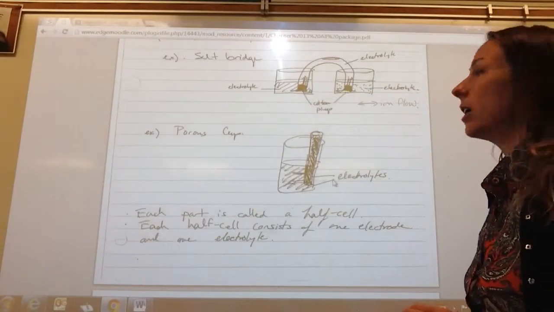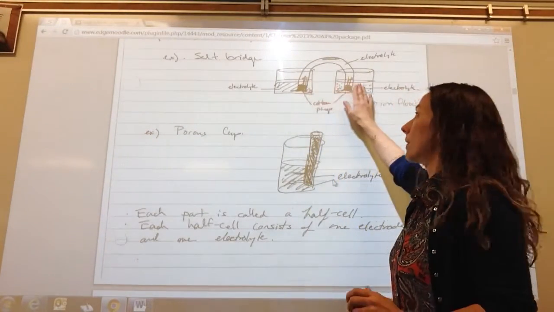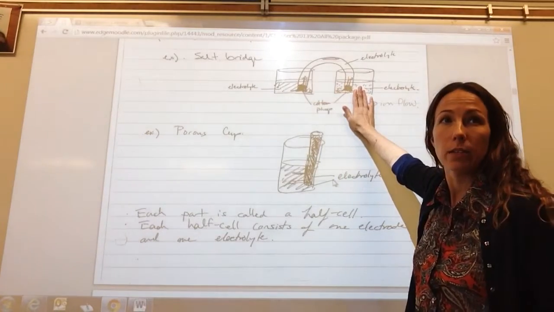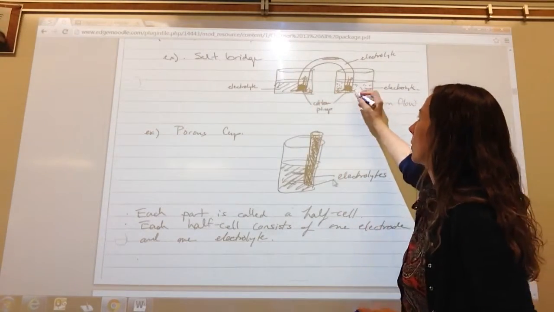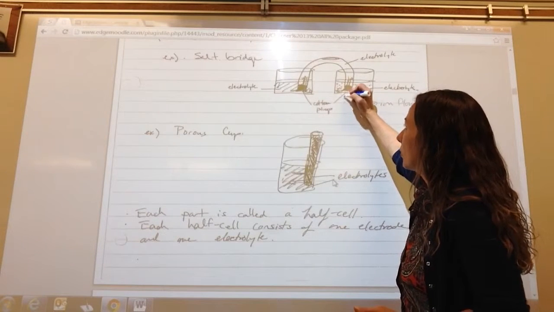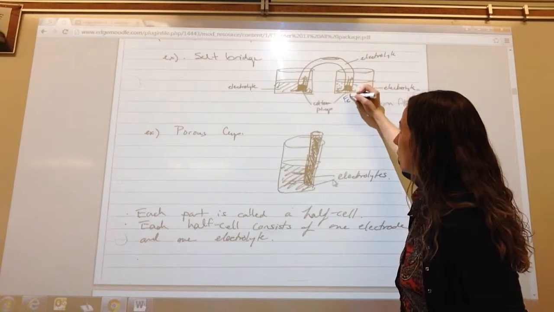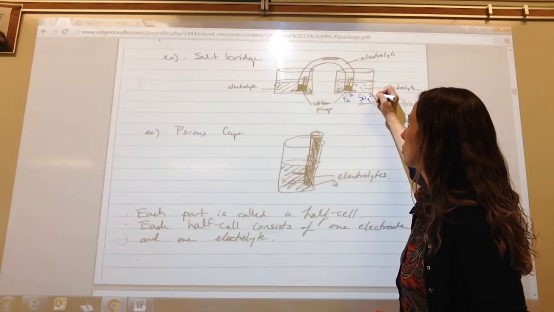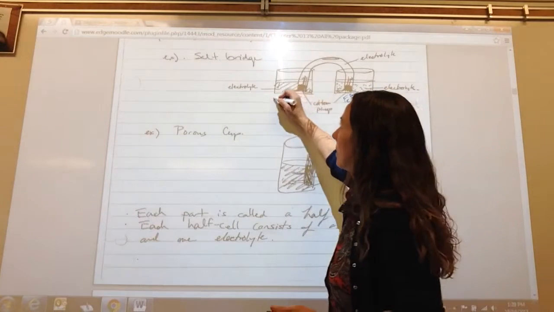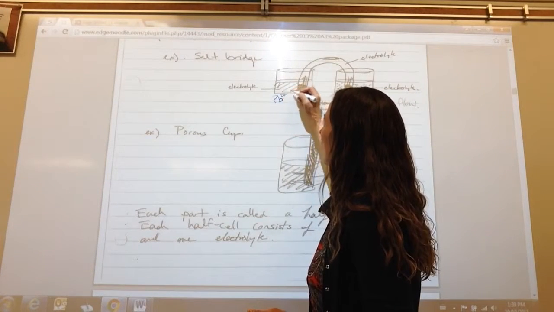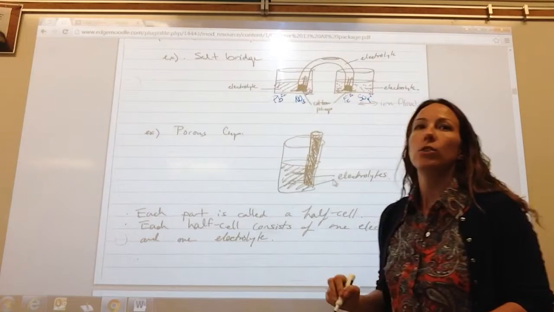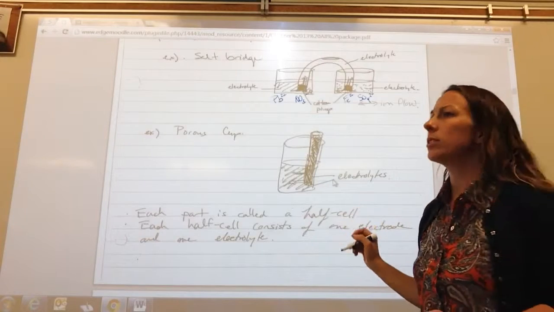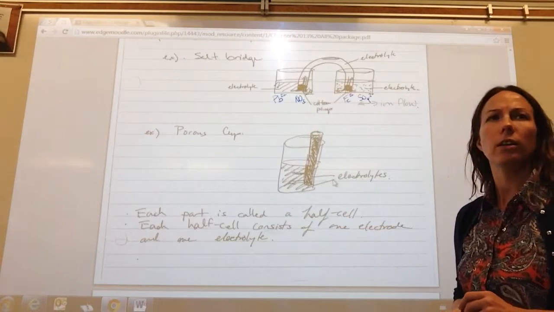Okay, last day we built one of these. Do you remember building one of these? And do you remember having iron sulfate, so Fe2+ and SO4 2-, and lead nitrate, so Pb2+ and NO3-? Do you remember having that? And do you remember seeing a white solid